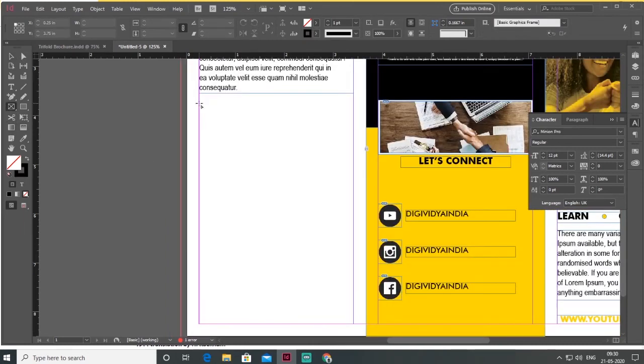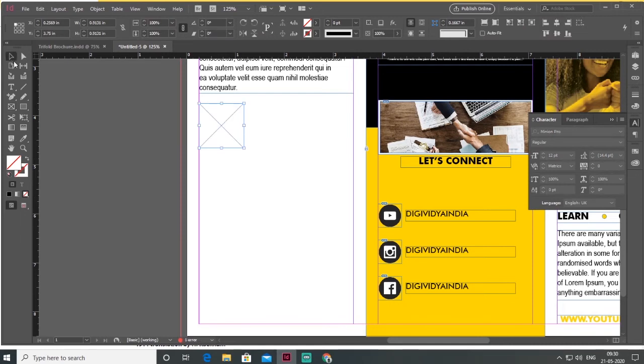The next is I make a square. This is my first frame. This is my second one. And this is my third one.